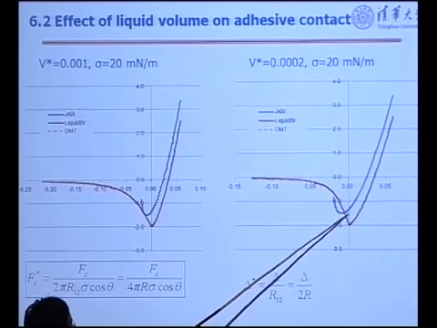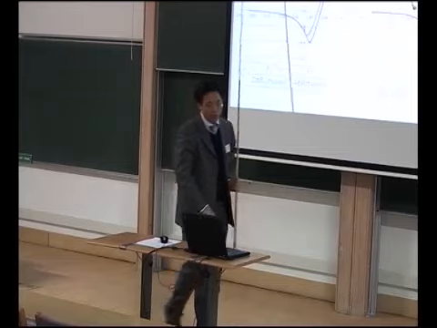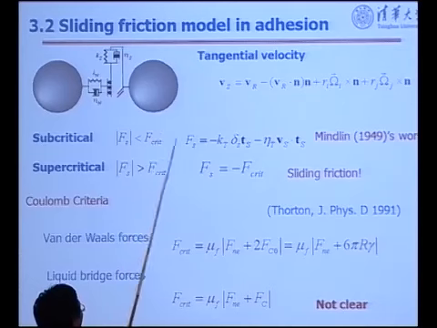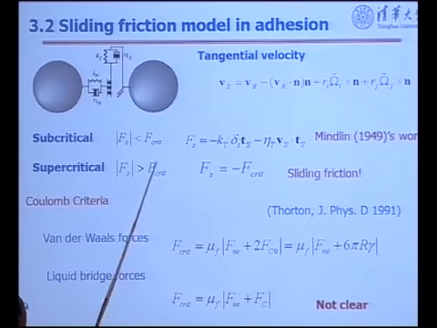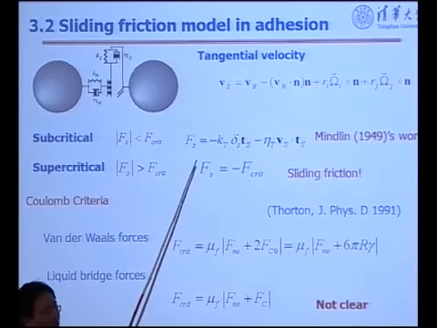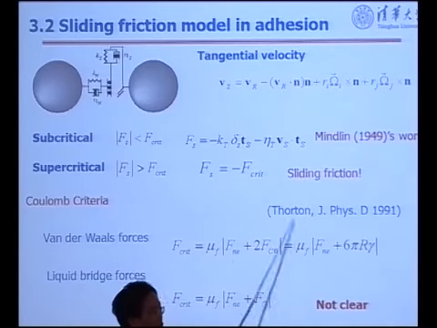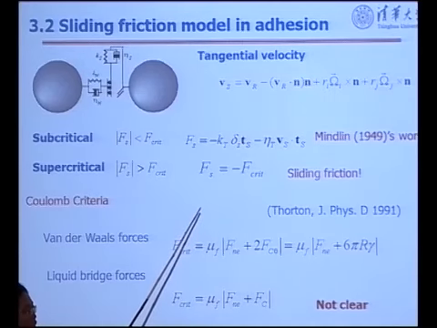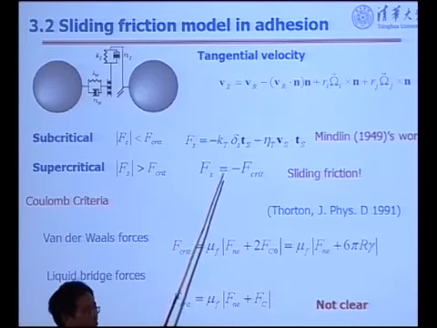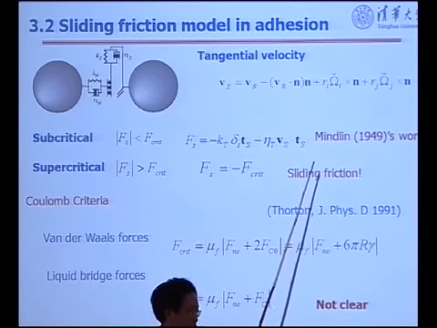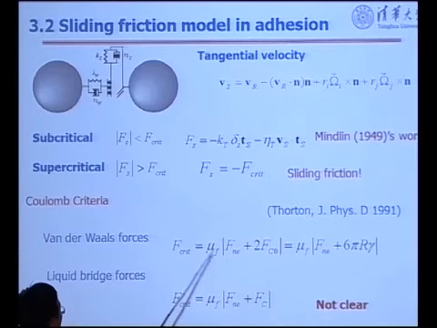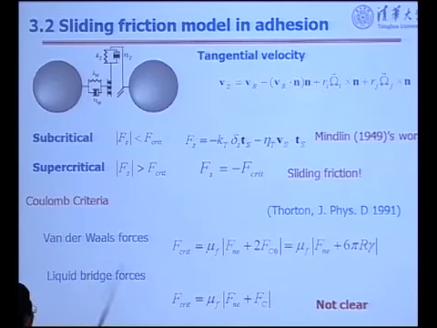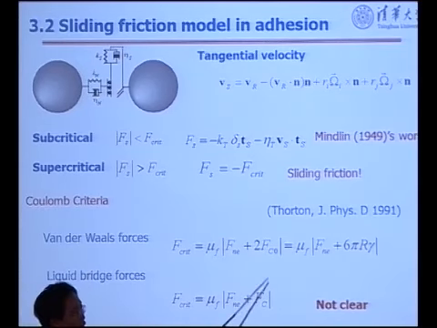And also we change the volume fraction, and we find this. This is the difference: the attractive force will be much narrower. So this is just the model, and sliding friction. I won't discuss this one more, but I think sliding friction at this time, even in DEM simulation of cohesive materials, is not considered very thoroughly like the normal force. That's why even the comparison of the modeling with the experiment is not so much.